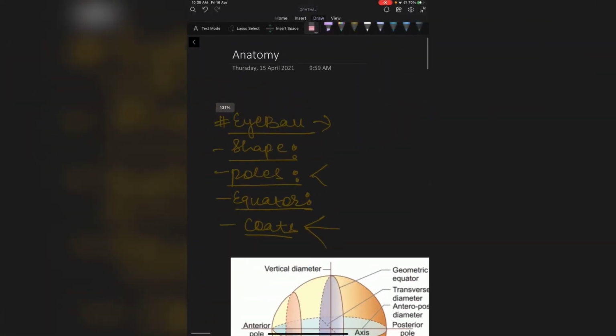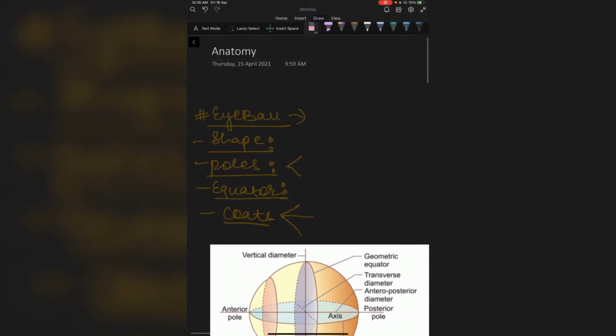Hi everyone. Today we will be discussing the anatomy of the eye. The eye, as we see it, is just a little portion of the eye that we see. Inside of it, it is an entire sphere. So the eye is an entire spherical structure, and it is called an eyeball, right?